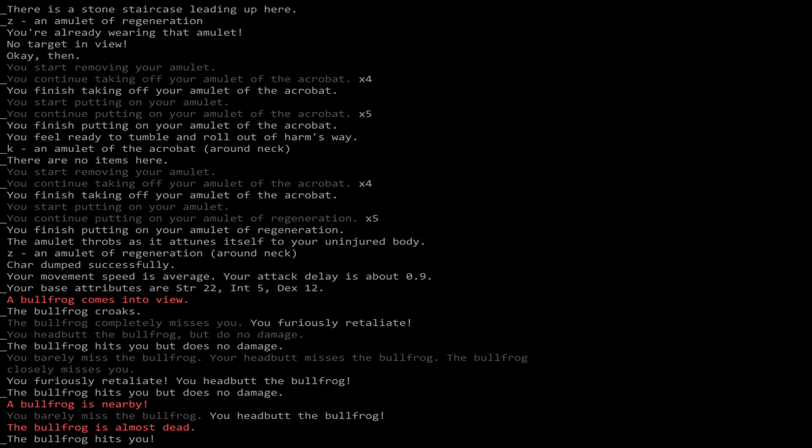A bullfrog comes into view. The bullfrog croaks. The bullfrog completely misses you. So it tried to hit me. It completely missed. You furiously retaliate. I can't even say furiously. So that is the power, basically, the Minotaur has in melee combat. He will automatically riposte an attack